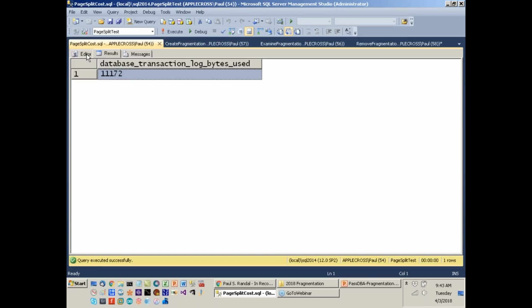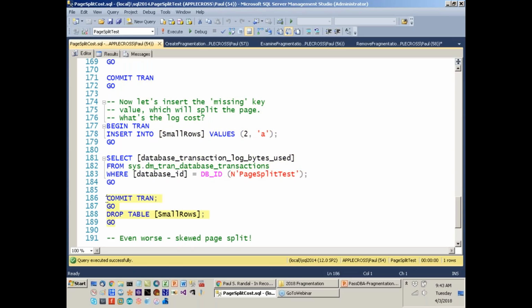So that's the end of the demo. Very, very simple, just showing you that when a page split occurs, there's an awful lot more transaction log that has to be generated because half of an 8K page has to be moved to a new page, plus all of the kind of linkage fix-ups that are done. And your fast hardware doesn't stop that happening. Okay, fill factors and periodic index maintenance to reset the amount of fill factor is what stops that happening, if that is a performance problem for your environment.